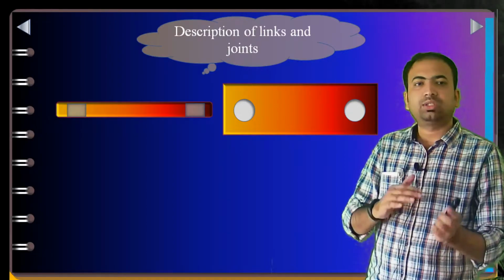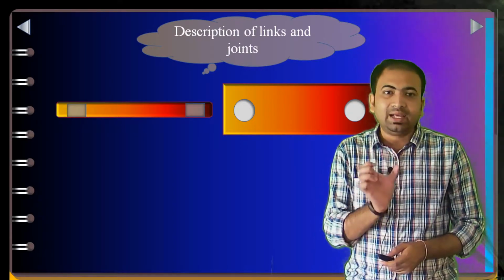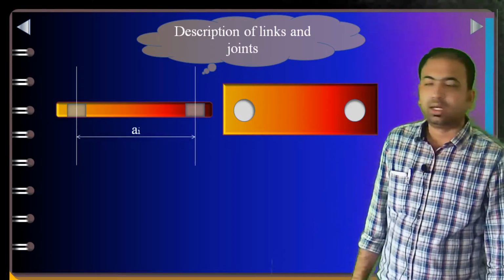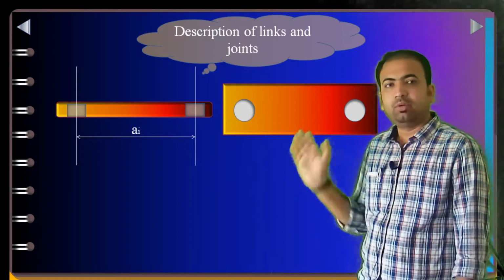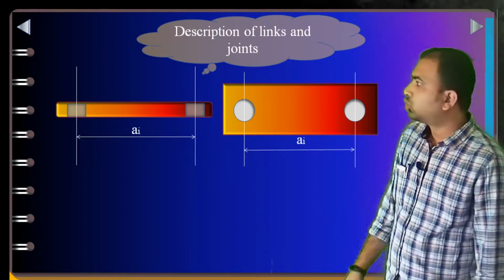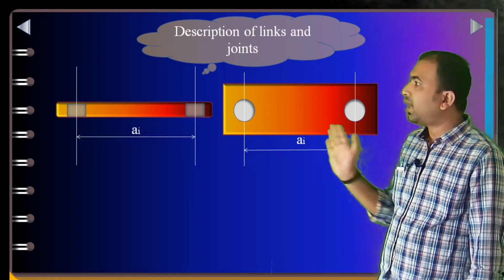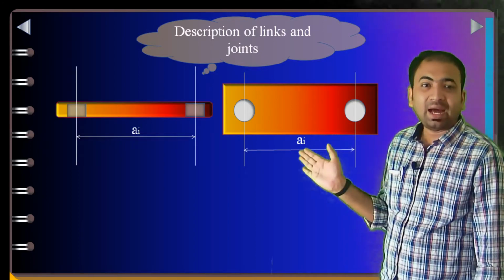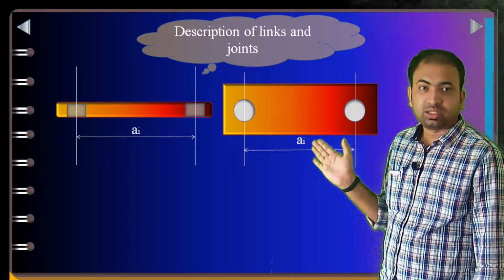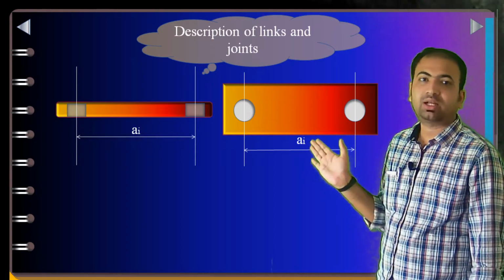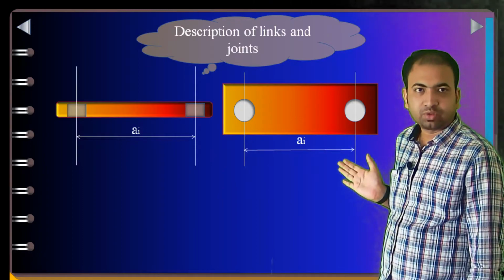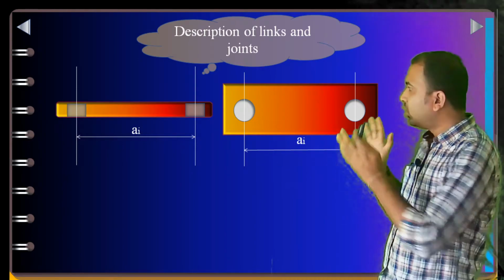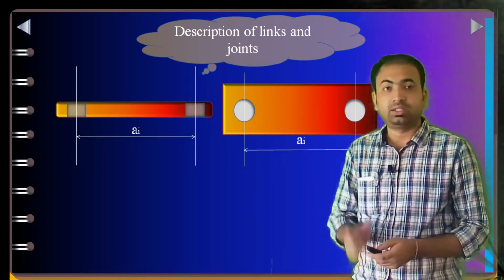Before that, we will see one more thing, the concept of link length. You can see here that for this diagram and this diagram, both will be the same. So, the distance from the midpoint of one joint to the midpoint of the other joint will be a_i. a_i is the link distance or length of the link. We will not consider the whole length, we will consider only from here to here. So, this length only we have to consider, that is point number one.